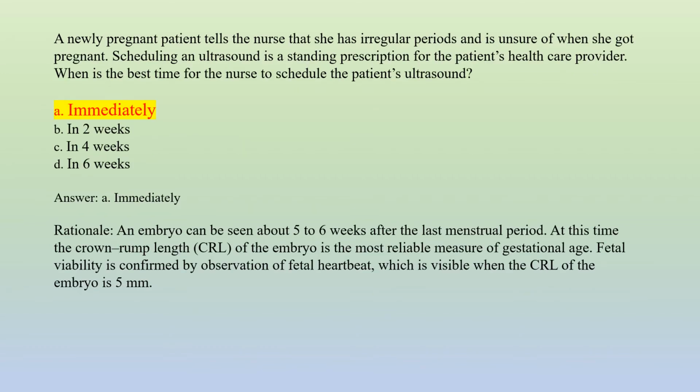Answer. A. Immediately. Rationale. An embryo can be seen about 5 to 6 weeks after the last menstrual period. At this time, the crown rump length, CRL, of the embryo is the most reliable measure of gestational age. Fetal viability is confirmed by observation of fetal heartbeat, which is visible when the CRL of the embryo is 5